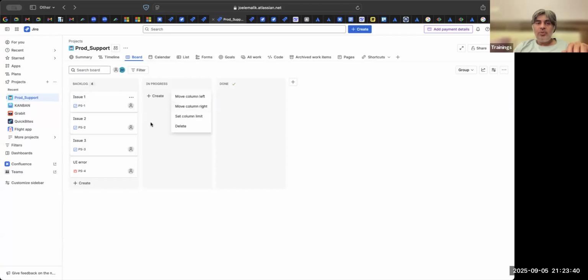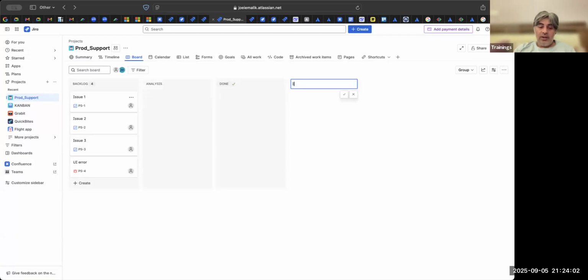Now, the next step could be analysis. Whatever ticket we have to pick up based on priority, we have to analyze it. Then after that, in depth, then in testing. I'll change it though.